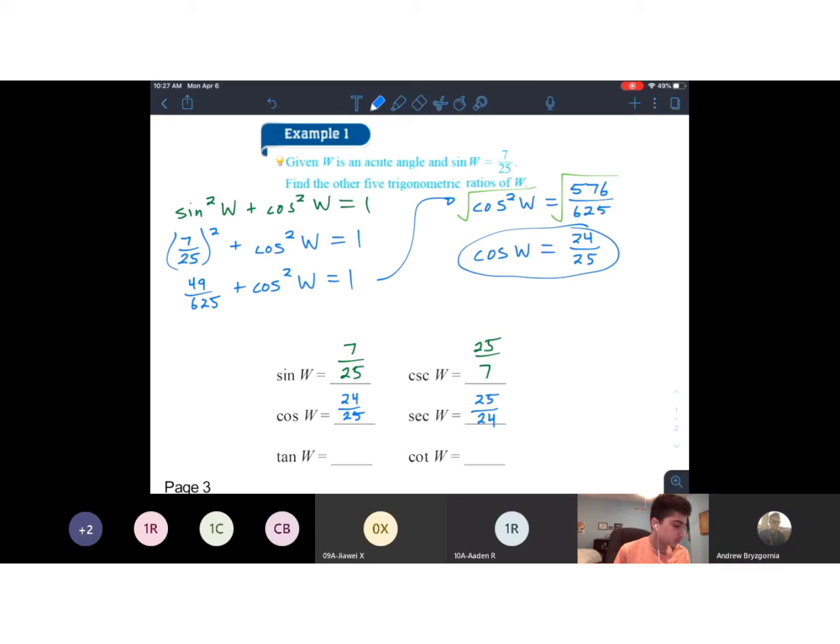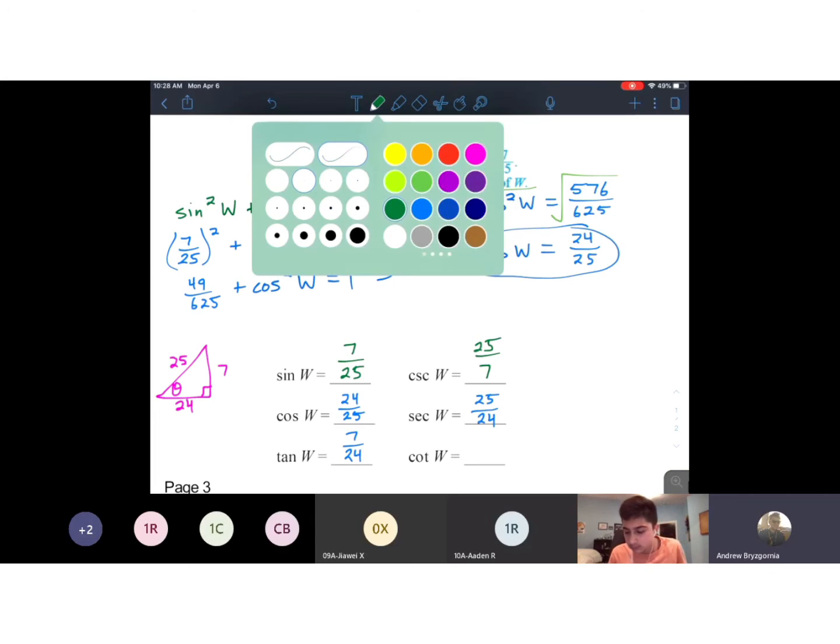Seven over 24. Exactly, good. 7 over 24. And so, everybody, there's two ways you could solve that. You could either draw a triangle and just know that your sides are 7, 24, 25, and then you could use SOHCAHTOA, or another way is